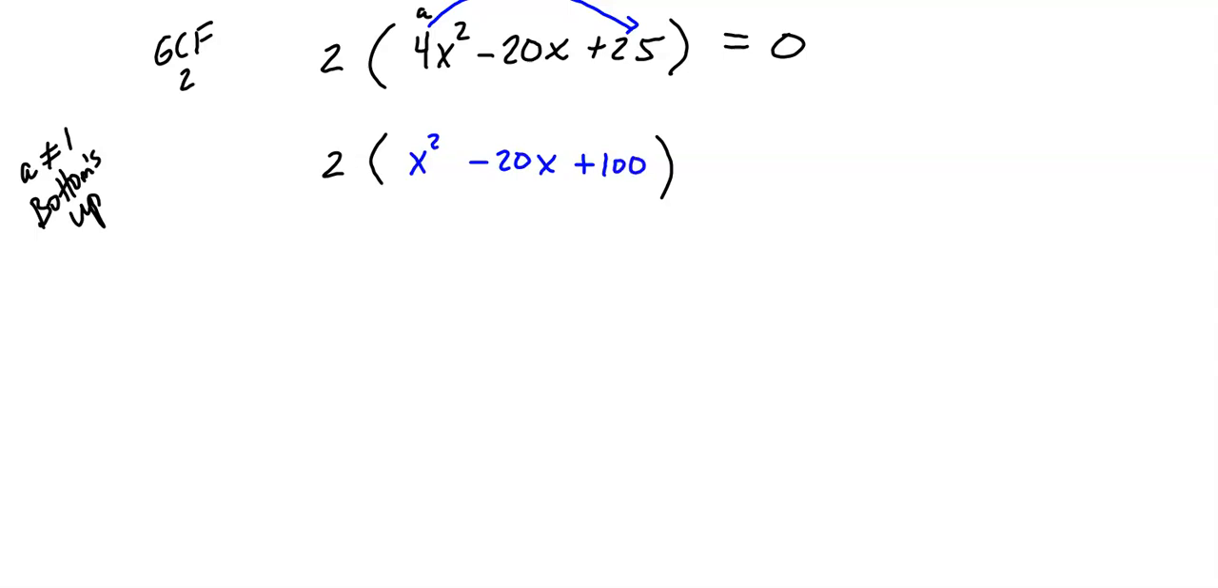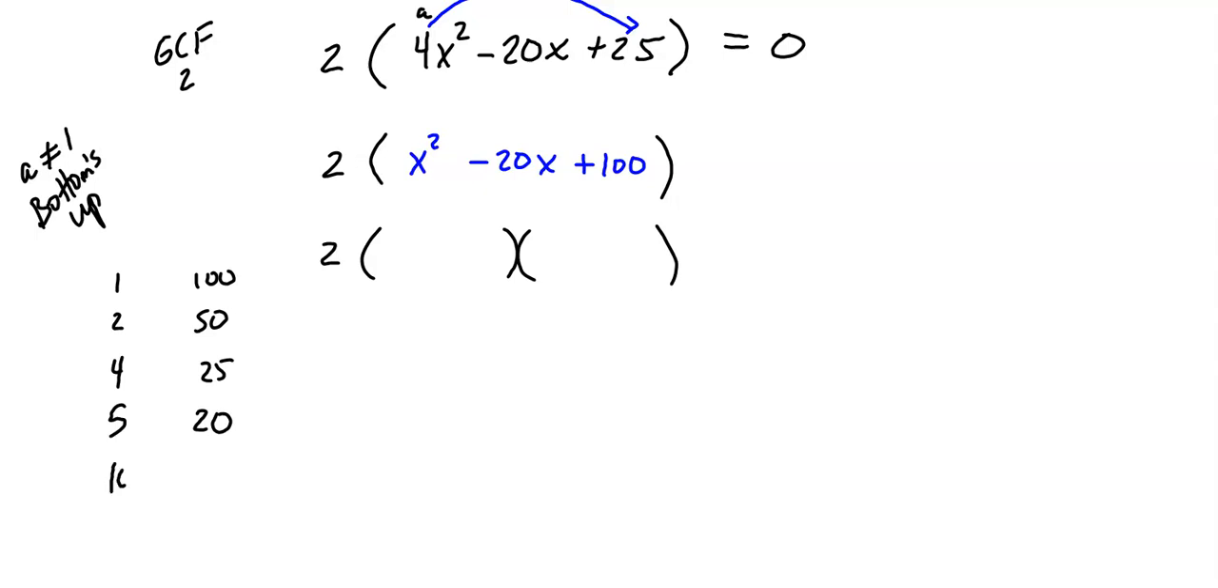Now I play the normal game. Two numbers times together to make 100, add together to make negative 20. So the ways to make 100, 1 and 100, 2 and 50, 3 doesn't go in there, 4 and 25, 5 and 20, 6 doesn't go in there, 7, 8 doesn't, 9 doesn't. I get 10 and 10. I think that's going to be my combination. It looks like if I do negatives of both, so I'm going to have x minus 10 and x minus 10